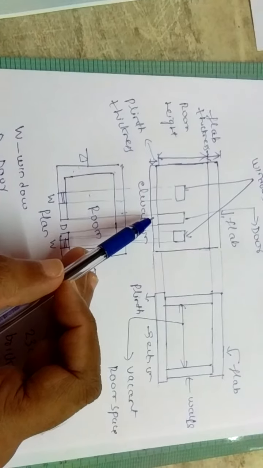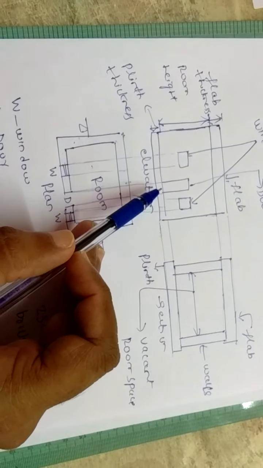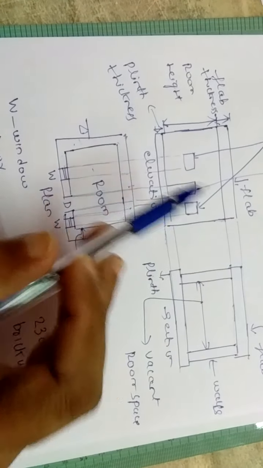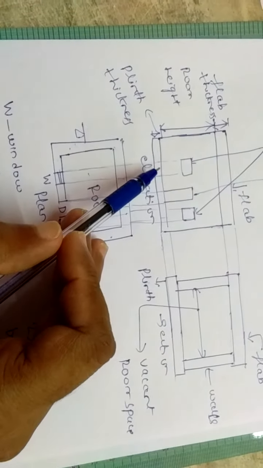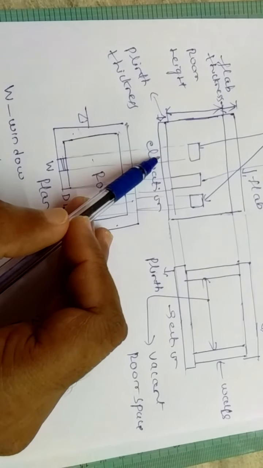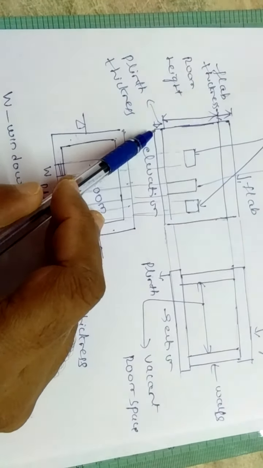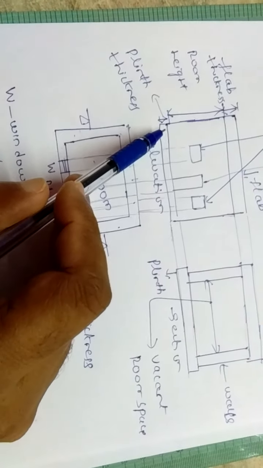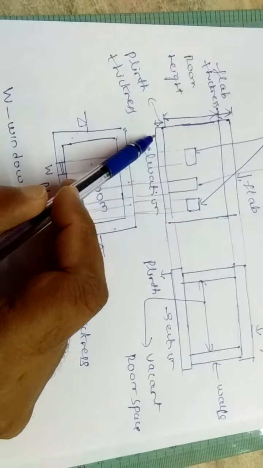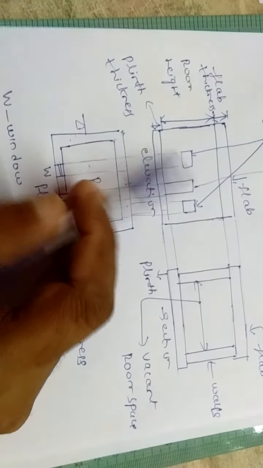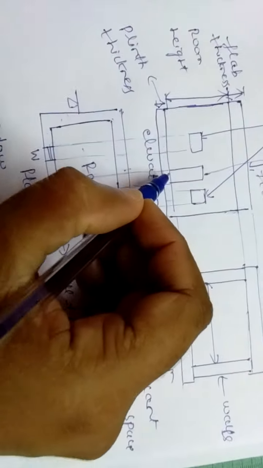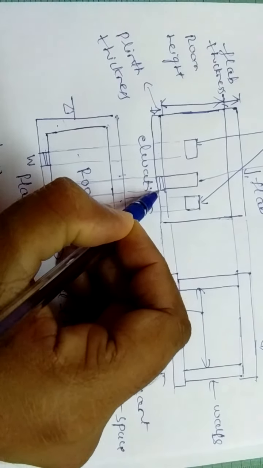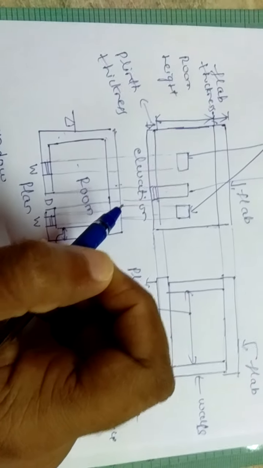So why are we going to give a plinth? To avoid the rainwater from outside directly coming into the house, or to avoid the dust from the road directly coming into the house, we are going to give a raised platform to the home. If you directly keep the house on the ground level, there is a chance of rainwater and dust coming into the house. So that's why we raise the plinth here. This is called the plinth. With this much thickness, here we are going to give the stairs or the steps. These are steps to climb up to the door.